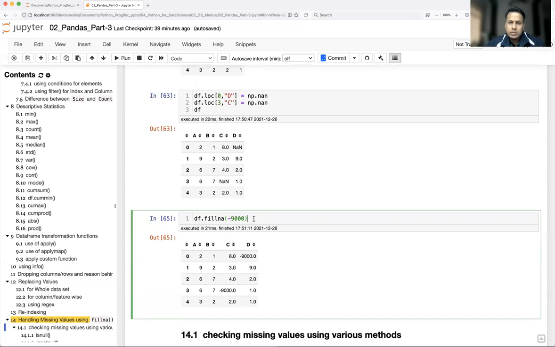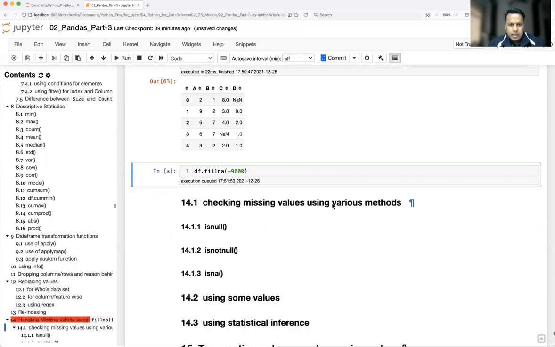So you will infer what value we can put there. Mostly people go with some statistical reference. Let's say whatever value is coming very frequently, I want to put that value and fill the NaN. Or I want to take the overall mean or median value and fill in place of NaN.